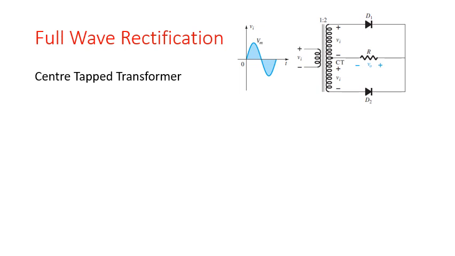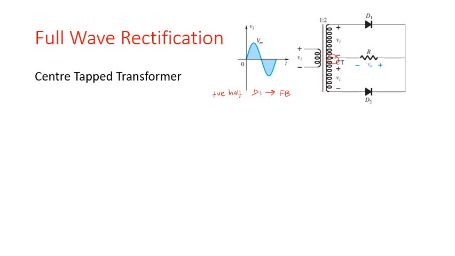So now whenever we study circuits, we'll make it a point that you understand every word in the name. So here it is a center tap transformer full wave rectifier. Why is it called center tapped? Because if you look at this transformer, on the secondary side there is a tapping happening at the center. Therefore it is known as center tap. It is known as a full wave rectifier because you've got two diodes, diode D1 and D2. In the first positive half cycle, D1 will be forward biased.